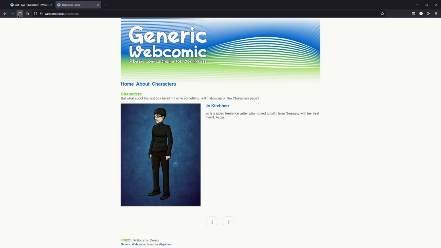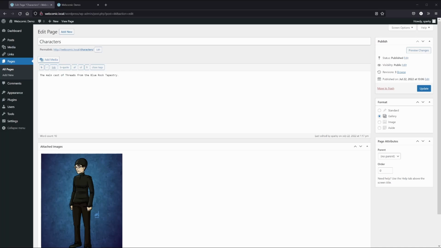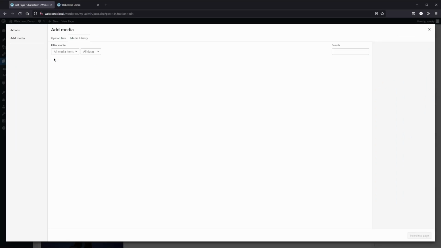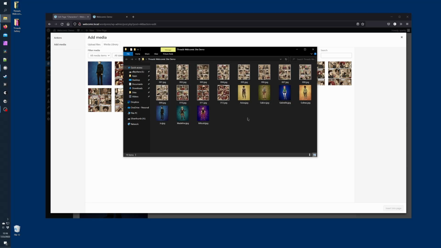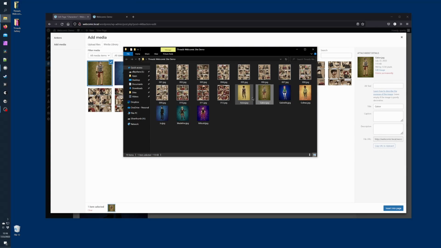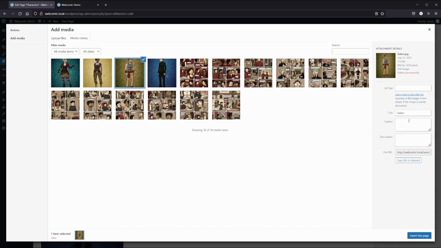What's nice about this setup is that every character can have a tag, but not every character has to have their own biography page. Let's add some more characters. Okay, Gabor, Aziza, and Madeline. Enter all their pertinent information in the text boxes.